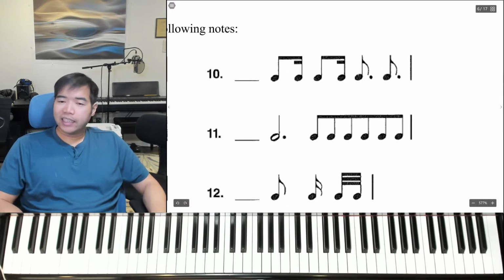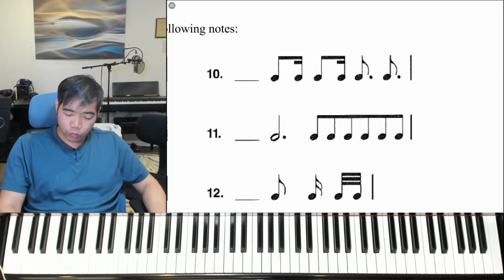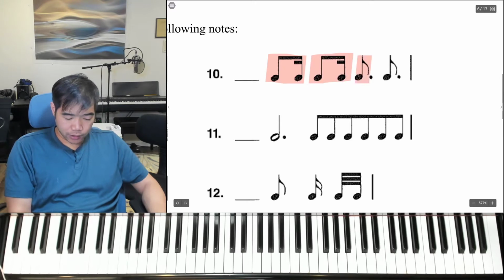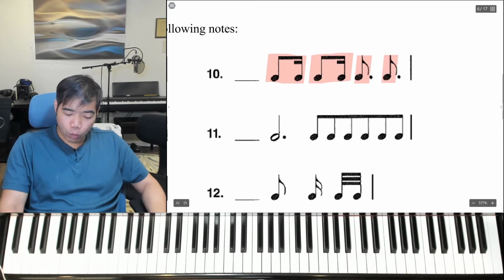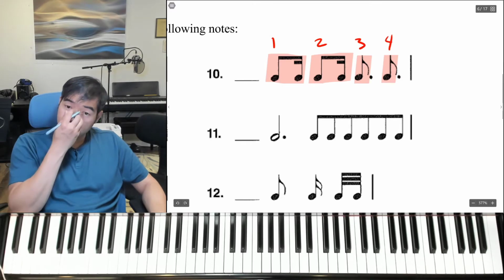Take a look at example 10. This one might look a little tricky, but look at the way they're grouped again. You've got these, this, and this. So we have 4 beats. 1, 2, 3, 4. 4 beats